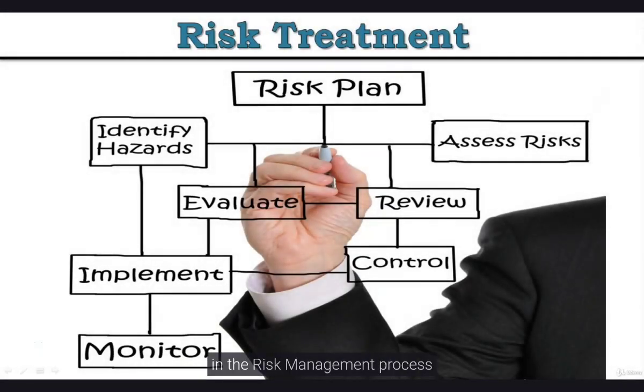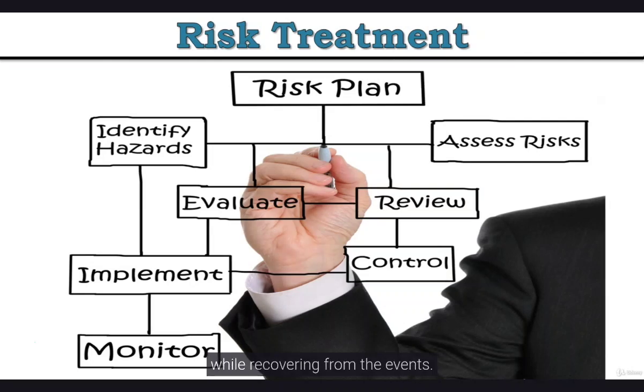The next step in the risk management process is risk treatment. Once an enterprise understands its supply chain and analyzes its potential risks, it can implement an effective supply chain risk management program with its partners, its suppliers, carriers, and logistics providers. Such a program should have at least three elements: protecting the supply chain, responding to events, and continuing business operations while recovering from the events.